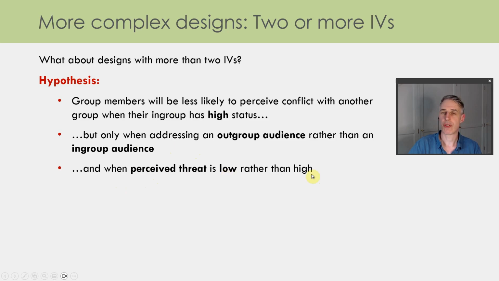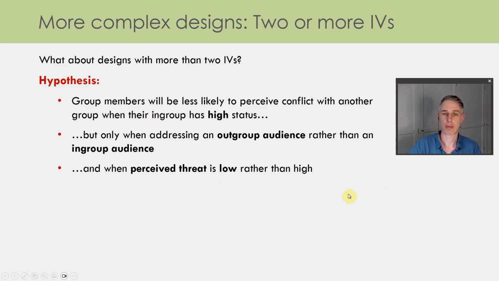Because what will happen if we generally perceive a threat from the outgroup is that we're going to perceive conflict across the board, okay? It doesn't matter what the group status is. If we feel threatened by another group, we're going to perceive conflict with that group, okay? So the effect is going to be wiped out when perceived threat is high, and we're only going to see it when perceived threat is low, which gives a little bit of breathing space, if you like, for the effect